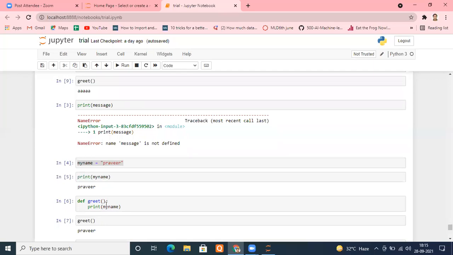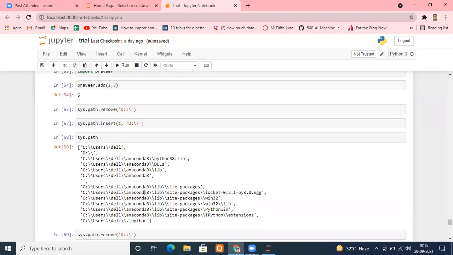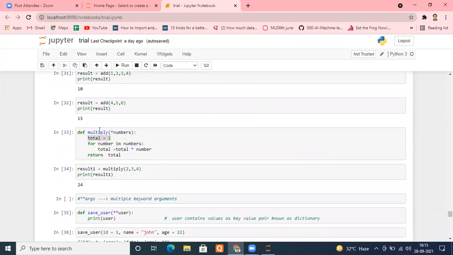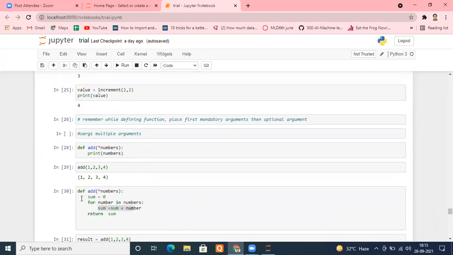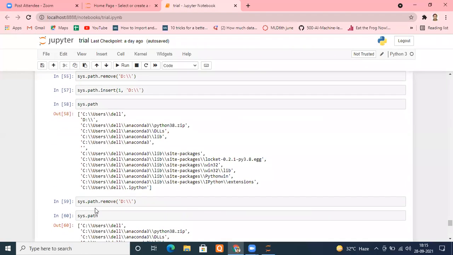Depending upon our requirement, we create variables because it was the need of the hour. It would have been very difficult to compute this function if we hadn't declared total equals 1. So I declared a variable here, which is local to this function only. Similarly, in the sum function also, I declared a variable. I hope it makes sense now.